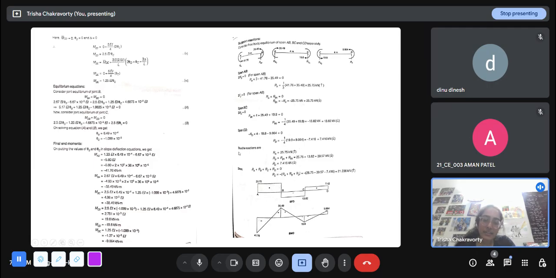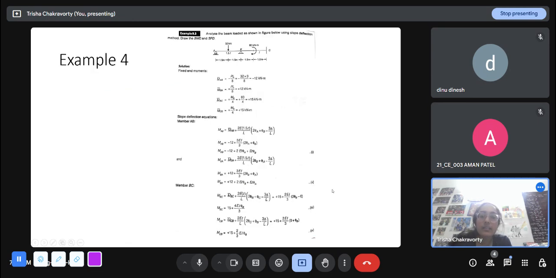And when I draw the bending moment diagram, again I'm going to do a superimposition. One part of the bending moment diagram I'm going to just join the fixed end moments, and the other part is due to the reactions. Here, since there are no applied loads, the bending moment and shear force diagrams are relatively simple. So the SFD is three straight lines and the BMD is just joined by straight lines. Okay, so this is also another example, but it will be approached in exactly the same manner.